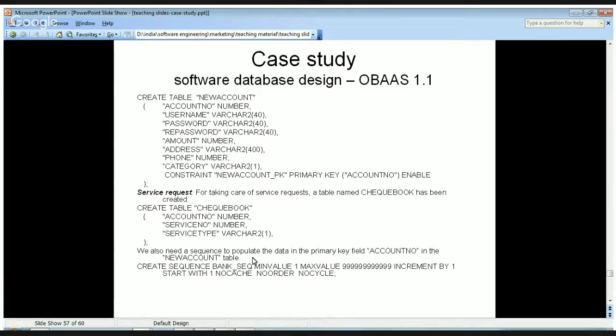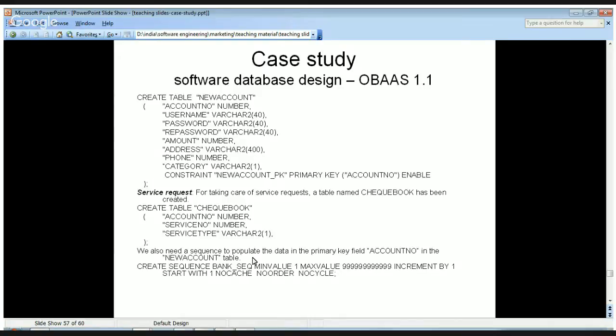Actually we can create two sequences, one for service number, generating data for the service number field, and another one for account number. But one can also do, because at this stage this application is just for demonstration